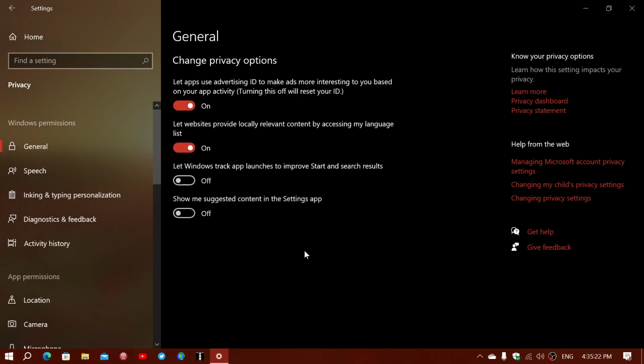Since anyways there's ads, I leave it on personally because I'd rather have something that might interest me than a random whatever. But if you prefer to minimize the tracking that Windows 10 does, well, you can turn that off. The other one is another tracking type of privacy option, which is let websites provide locally relevant content